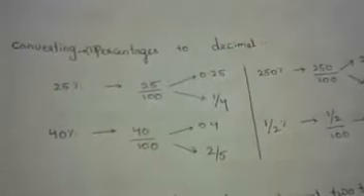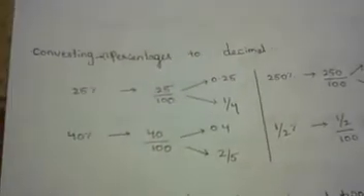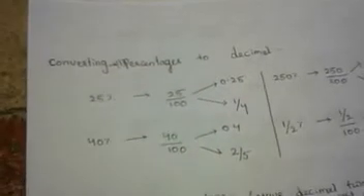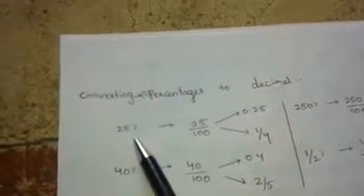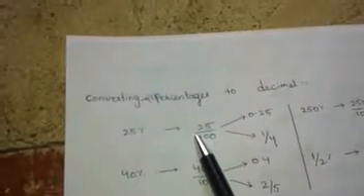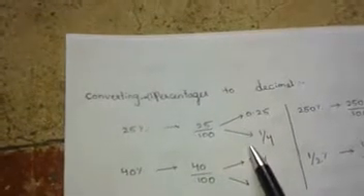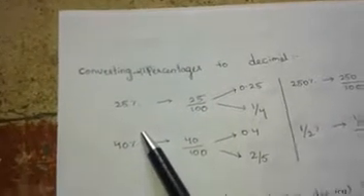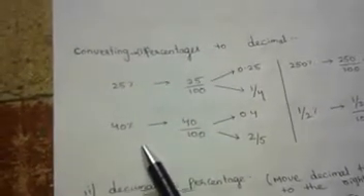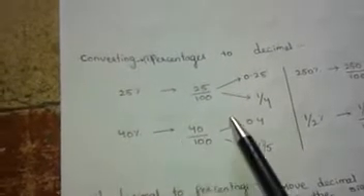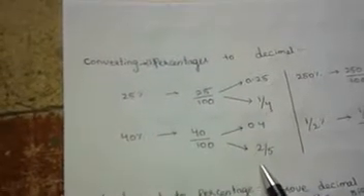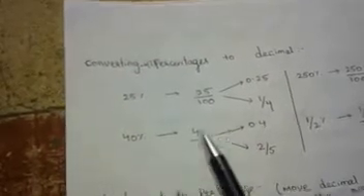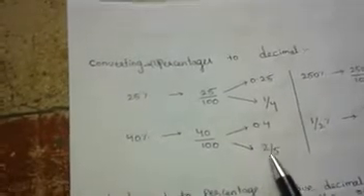First thing, converting percentages into decimal values. The first thing that we have here is 25%. How to convert 25% into a decimal value? 25% can be written as 25 by 100, which is equivalent to 0.25 or 1 by 4. So 0.25 is the decimal value of 25%. Now 40%. 40% can be written as 40 by 100. It's 0.4, and when you convert it into fractions, you'll get 2 by 5. So the 40% decimal value is 0.4 or 2 by 5.